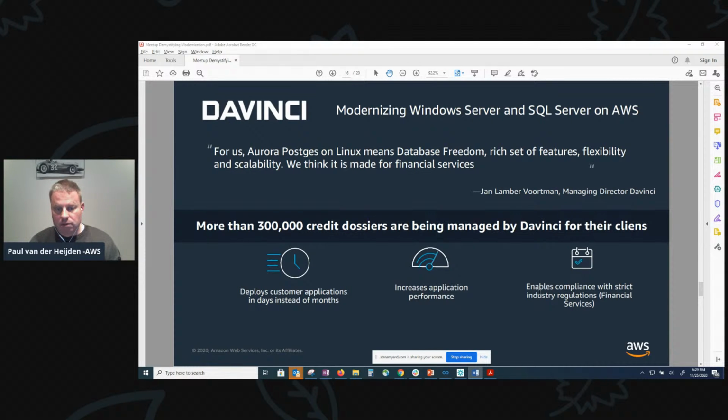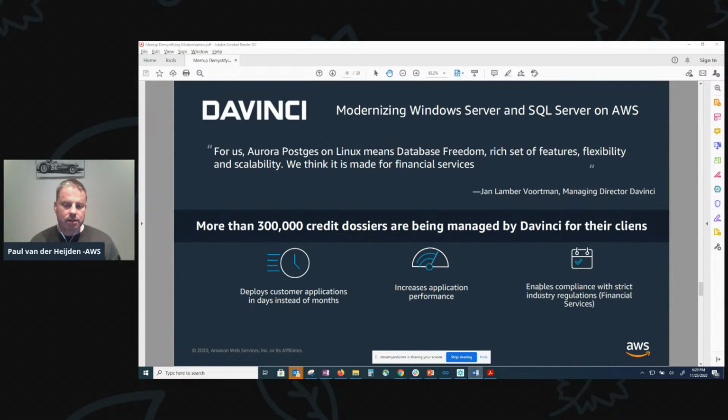Now, as I said, this company provides loan and mortgage software to financial institutions, and when they migrated their Microsoft SQL Server based application stack to Amazon Aurora PostgreSQL, they first did it, as I said, to EC2, and that led to immediate cost savings and agility improvements. And sometimes that's overlooked. Some people say, what's the value in that lift and shift scenario? But Davinci definitely saw a benefit in that.